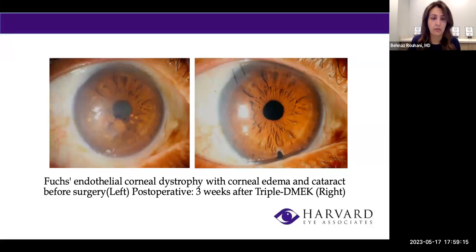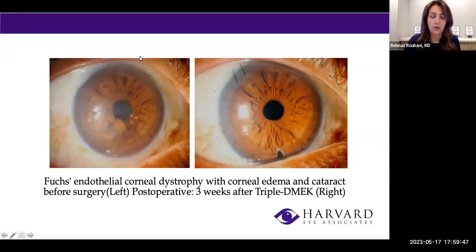This is a picture of a patient who has Fuchs dystrophy, and you can see just the clear part of the eye. The cornea, which is supposed to be clear, is now a little bit grayish and foggy and swollen in this area. You might see little bubbles of fluid here, blister-type things. When the cornea cannot get rid of the water, it builds up some blisters, or bullae, as we call them, which contain a lot of fluid.